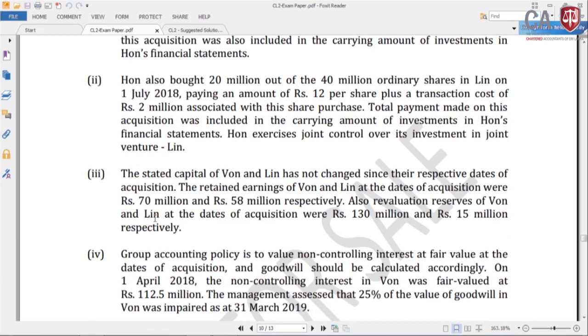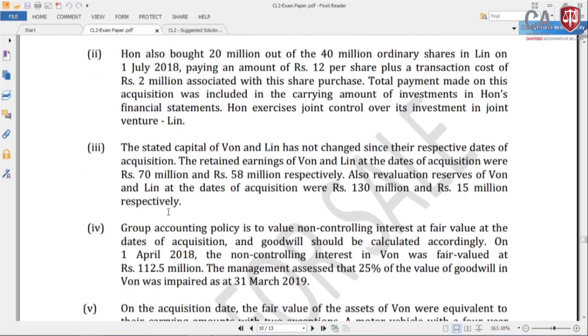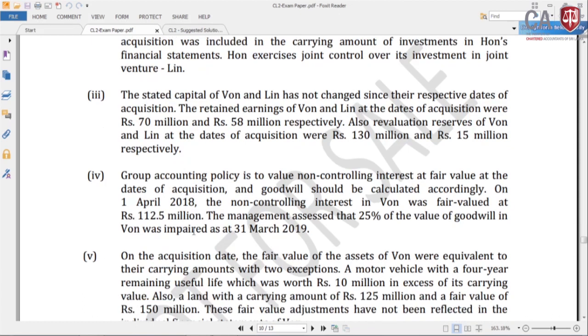The stated capital of Won and Lin has not changed since their respective dates of acquisitions. The retained earnings of Won and Lin at the date of acquisitions were 70 million rupees and 58 million rupees respectively. Also, revaluation reserves of Won and Lin at the dates of acquisitions were 130 million rupees and 15 million rupees respectively. Group accounting policies to value non-controlling interest at fair value at the date of acquisitions and goodwill should be